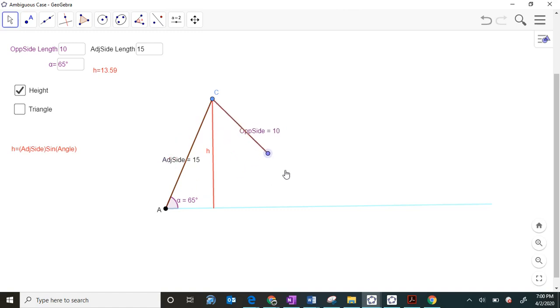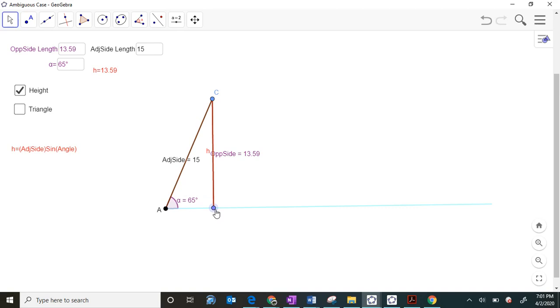There is no triangle, no solution done with that. What happens if the opposite side is not 10, but 13.59? So if it is 13.59, then we are good to go, because it's going to be equivalent to the height. If it's equivalent to the height, this forms a right triangle. It has one solution, and we could solve the triangle, meaning we could find all the angles and all the